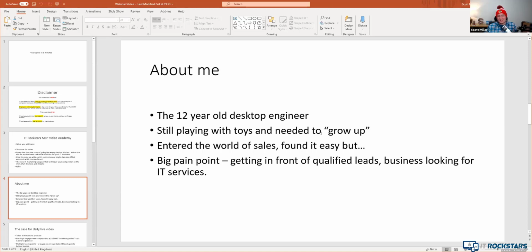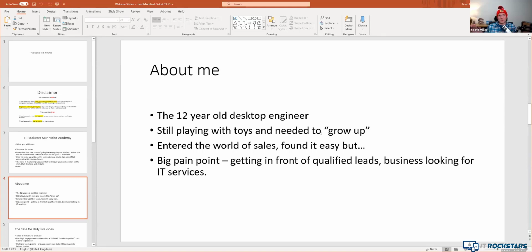So the sales side of things, whilst it was a challenge going from the techie engineer role, the hardest thing I found with the sales was actually the leads more than anything else. And I wish I had this formula back then, because once I could eventually sit down with a potential new client that was interested in the IT services and technology solutions that I could provide, it was really easy to speak to them and tell them what they could do and how we were different from the rest of the pack. That was the easy bit, getting them to sign on the dotted line. The hardest bit was actually finding people that were looking for my services at the time.